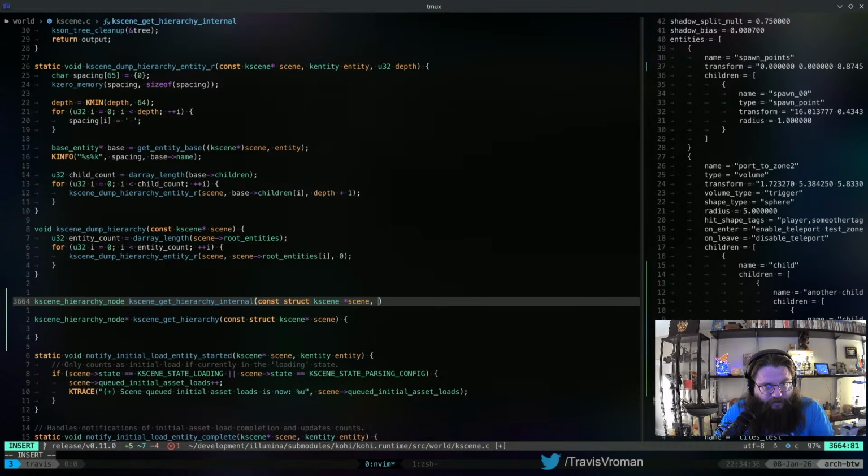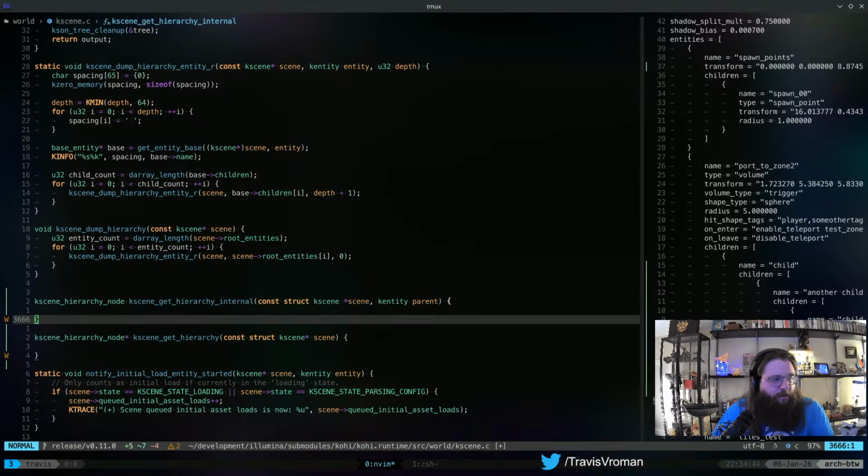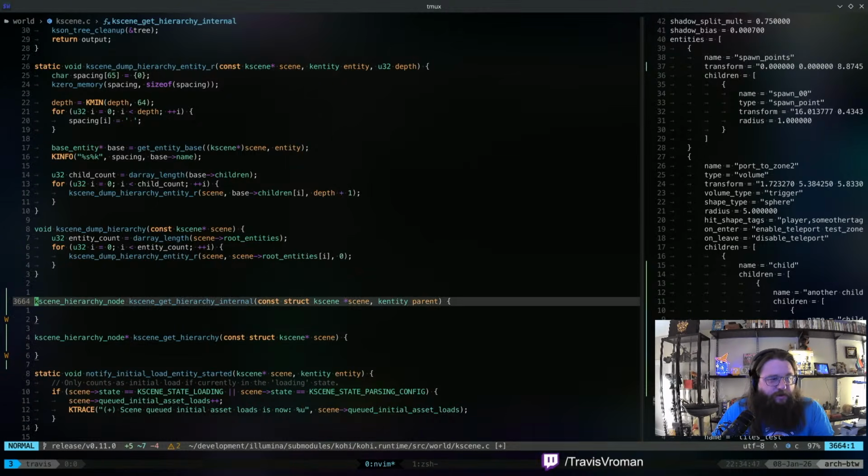And from that, we're going to have a, let's see, how do we want to do this? I guess we should say a K entity parent for now. And so that's going to essentially build one of these hierarchy nodes from this parent, right? Which we can start from the root objects in the scene.